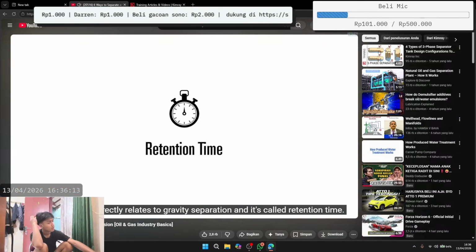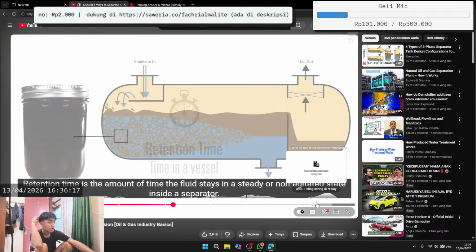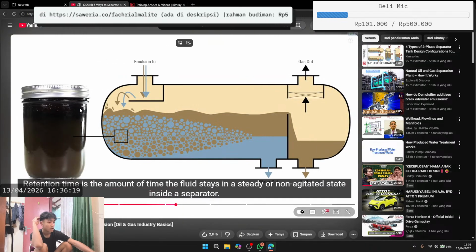The next principle directly relates to gravity separation and is called retention time. Retention time is the amount of time the fluid stays